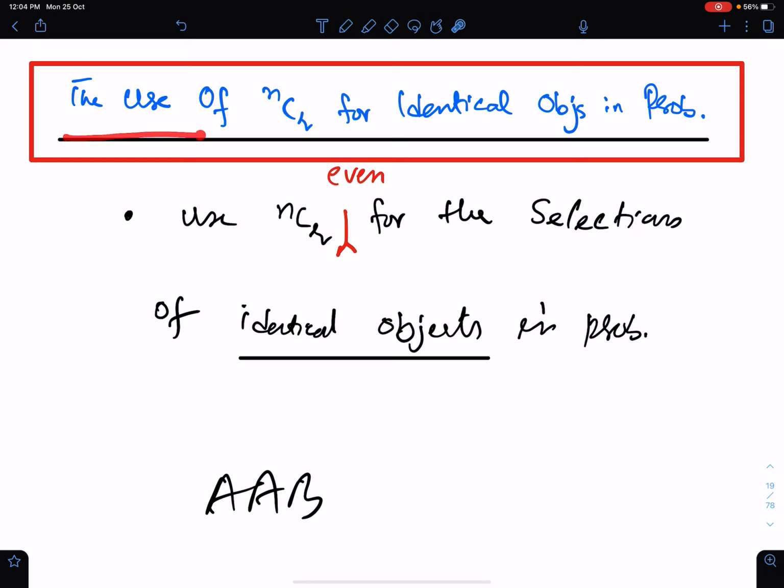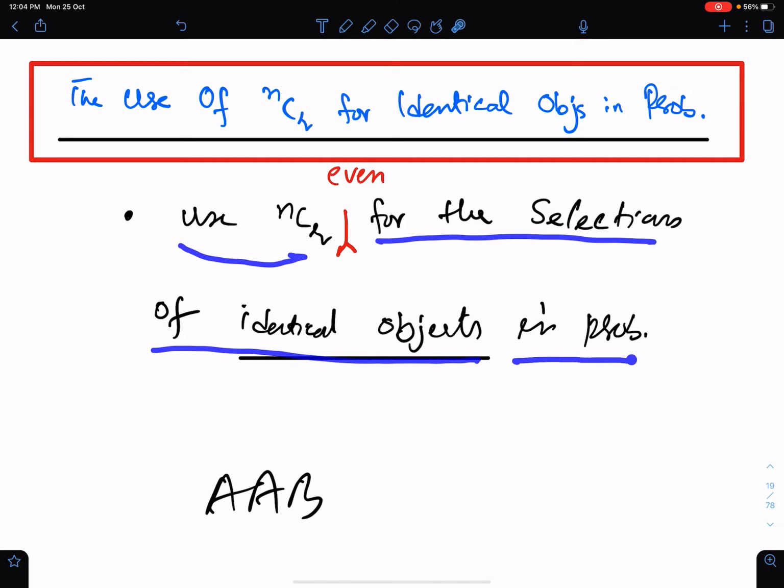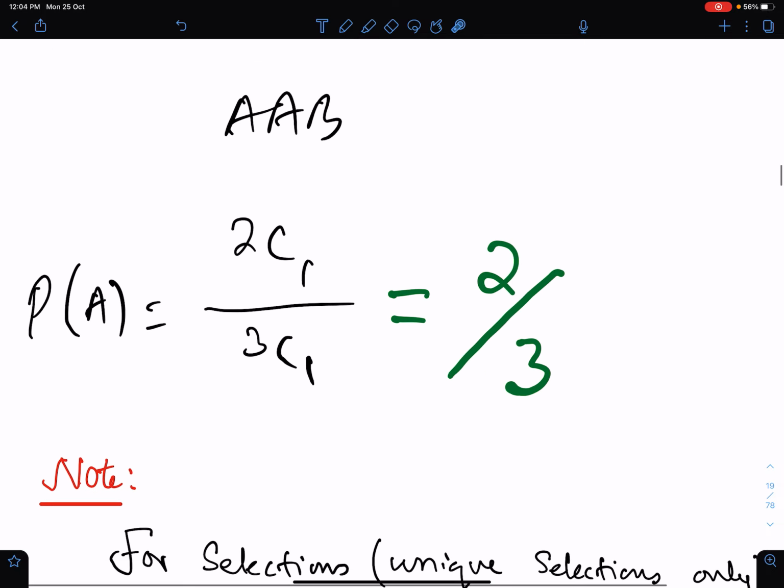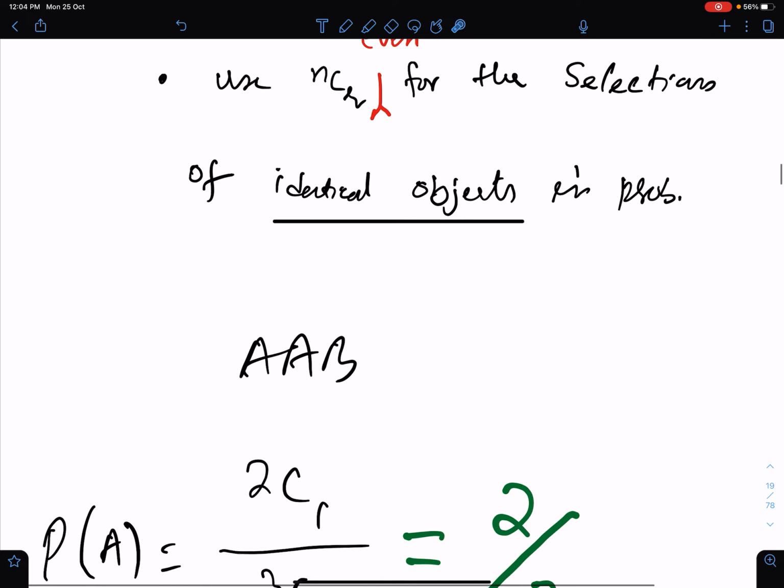The use of NCR combinations for identical objects in probability. Well, we use NCR even for the selections of identical objects in probability. For example, if we need